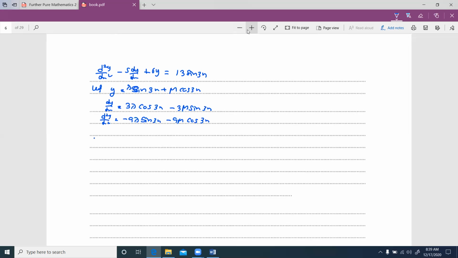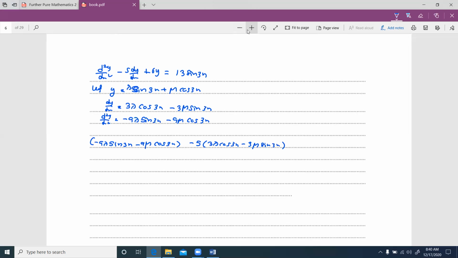Then you can write minus 9 lambda sine 3x minus 9 mu cos 3x minus 5 times of 3 lambda cos 3x minus 3 mu